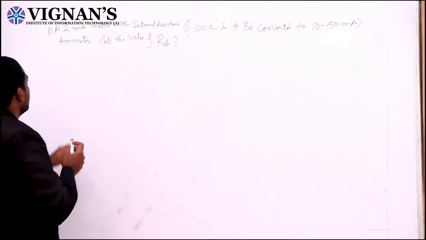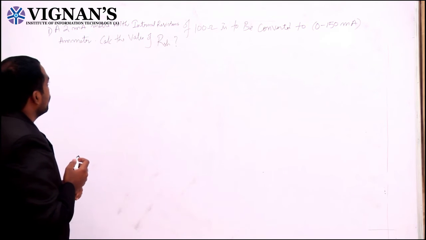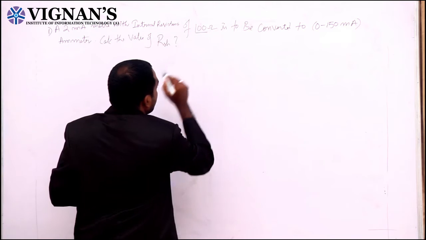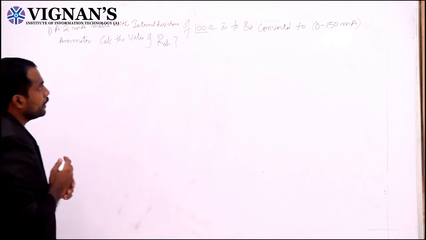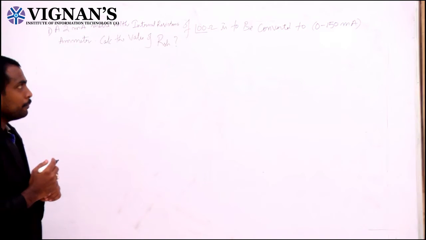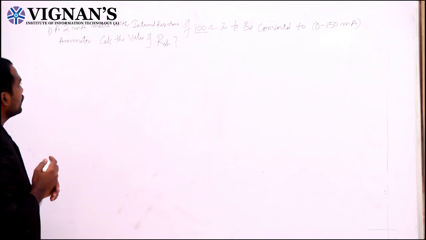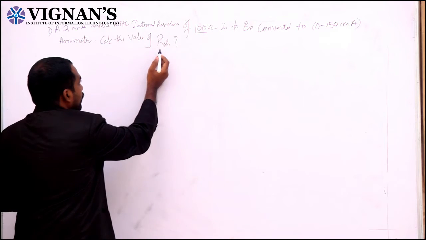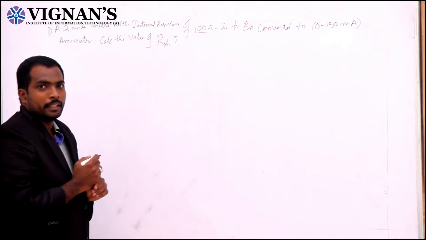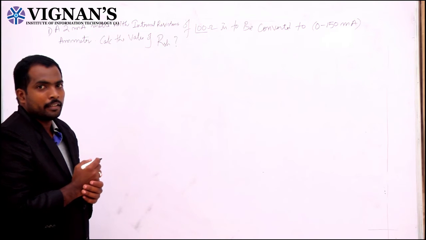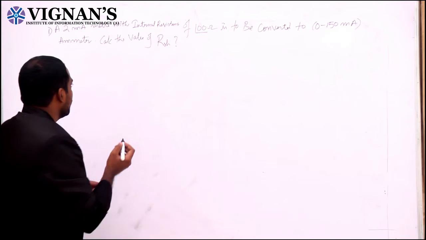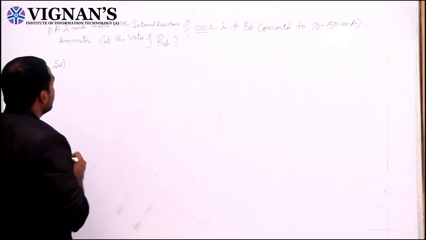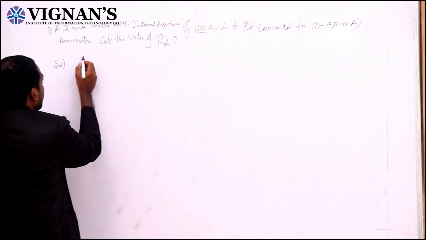So the given problem is a 2 milliamp meter with an internal resistance of 100 ohms is to be converted into a 0 to 150 milliamps ammeter, and it is asking you to calculate the value of RSH to be placed in parallel with the ammeter in order to extend its range. So what are the given values here? He has given you the value of your Im,